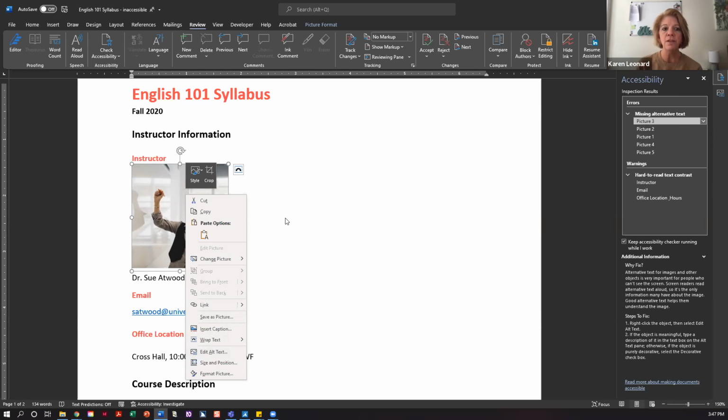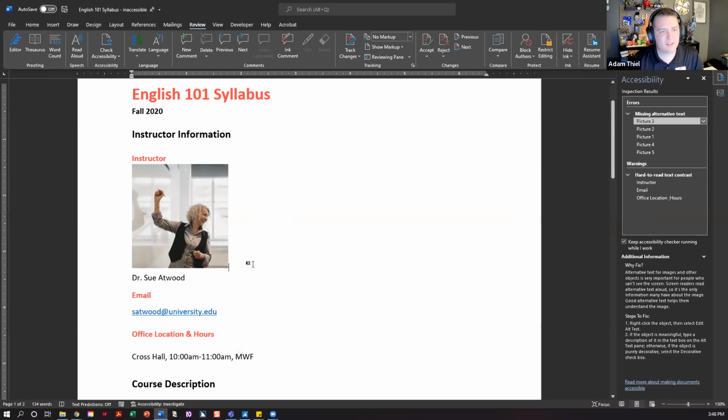I know that by right clicking on an image in Google, that brings up the alt text option. Right, and that's something I'll mention a little bit later on: once you learn what to look for, then you're better equipped to evaluate different tools moving forward. A lot of tools will have these same options. There'll be different ways to get to them, but if you've come across some tool and it allows you to add an image description or alt text, then that's what you're looking for.